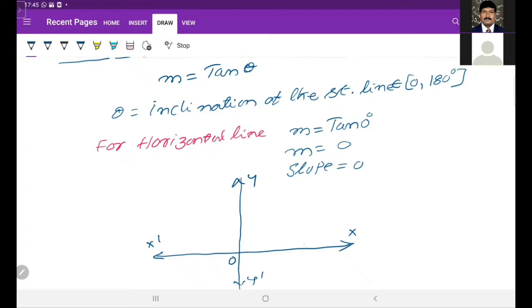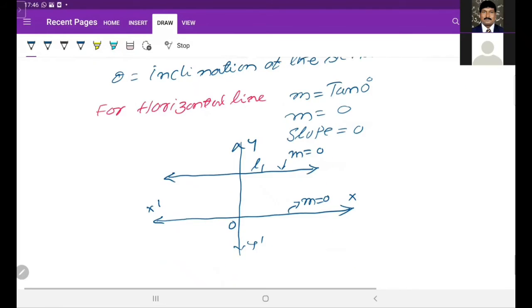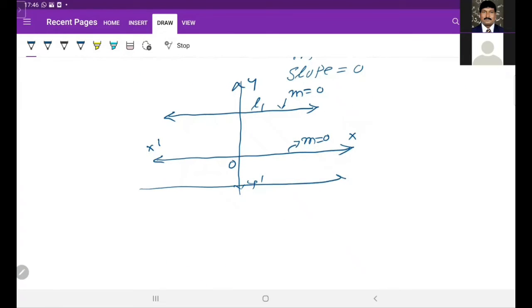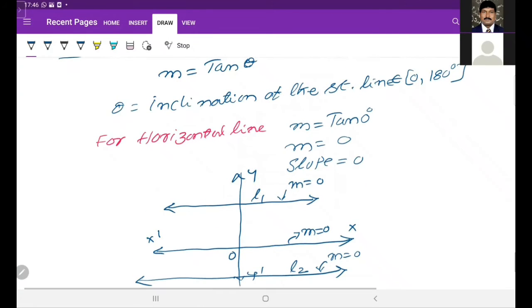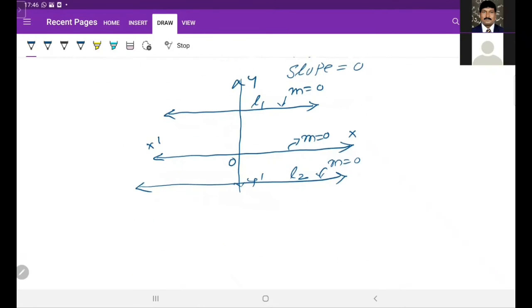Okay. So here the slope is equal to 0 because the x-axis is also a horizontal line. Line 1, a horizontal line, also has slope 0. Next, line 2, and infinite lines in this way all have slope 0. Okay, for a horizontal line, slope equal to 0, right. Next, for vertical lines,